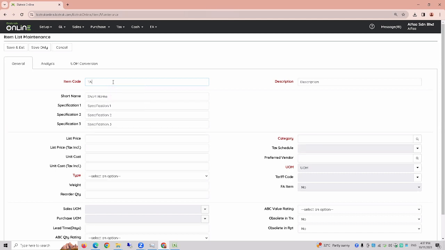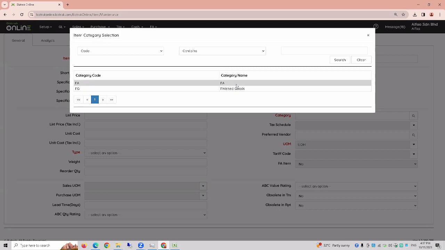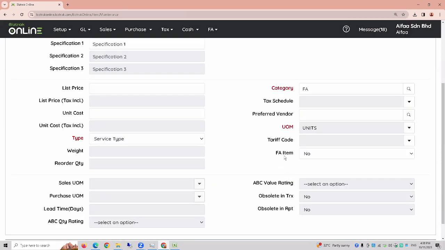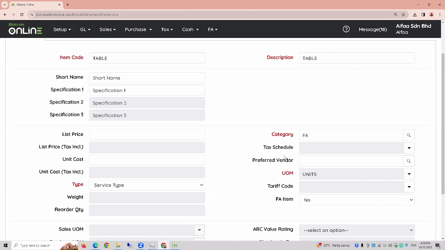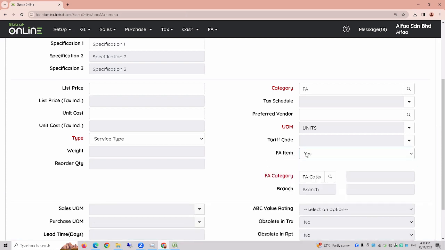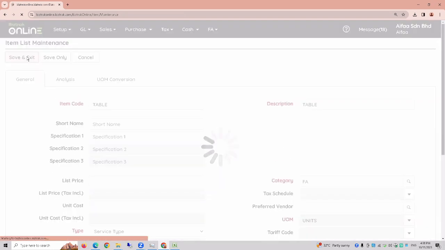For example, this time around I want to create table. And then the description, I want to put table as well. And then this one category, you need to select item category that have been created earlier. For example, FA, and then the type will auto appear once you select the category. And then you can select the unit of measurement. And then if you can see here, we have one section here called FA item. So because this time I want to create FA item, then I need to select yes for FA item. And then when you select yes, system will auto appear the selection of the FA category. So you need to select which FA category fall under table. For example, furniture and fitting. Then click save and exit to save this